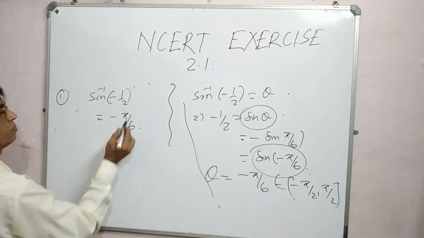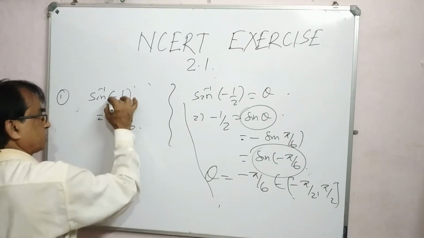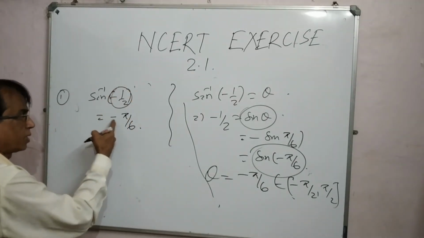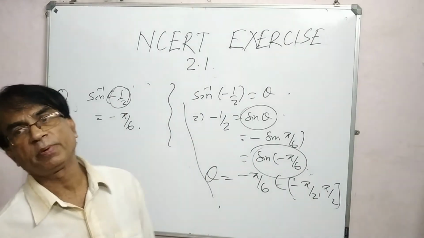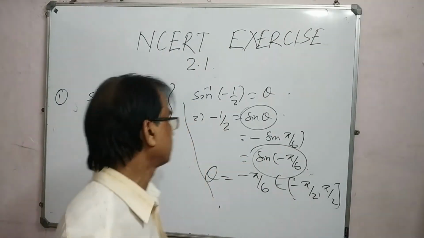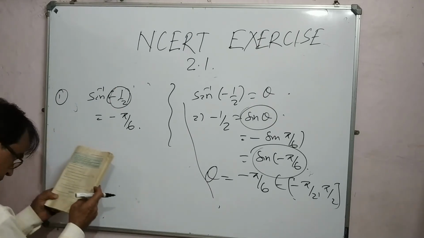Besides that, we can do it by shortcut techniques. This comes to the fourth quadrant, and in the fourth quadrant, if it is positive, it is π/6, and in the fourth quadrant it is minus π/6. Now coming to